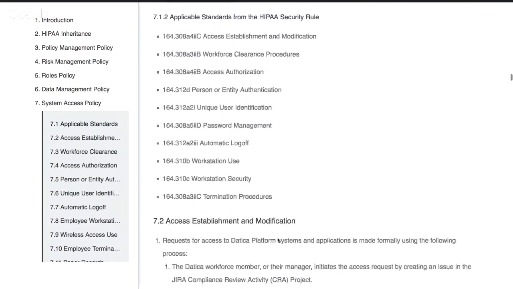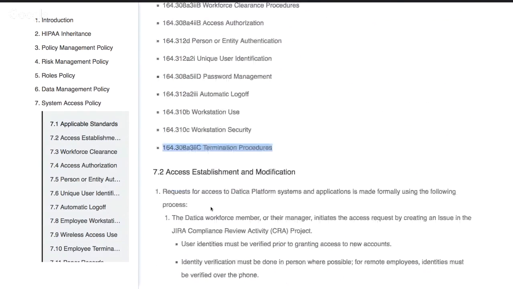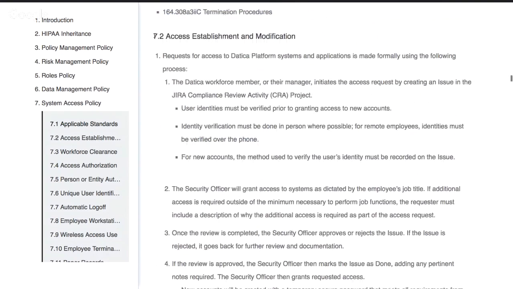7.1.2 Applicable Standards from the HIPAA Security Rule. 164.308(a)(4)(ii)(C) Access Establishment and Modification. 164.308(a)(3)(ii)(B) Workforce Clearance Procedures. 164.308(a)(4)(ii)(B) Access Authorization. 164.312(d) Person or Entity Authentication. 164.312(a)(2)(i) Unique User Identification. 164.308(a)(5)(ii)(D) Password Management. 164.312(a)(2)(iii) Automatic Log Off. 164.310(b) Workstation Use. 164.310(c) Workstation Security. 164.308(a)(3)(ii)(C) Termination Procedure. 7.2 Access Establishment and Modification. Requests for access to Datica platform systems and applications are made formally